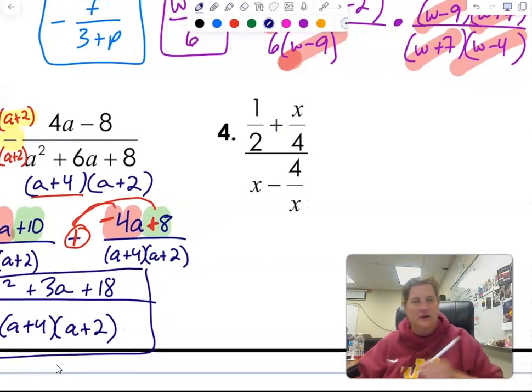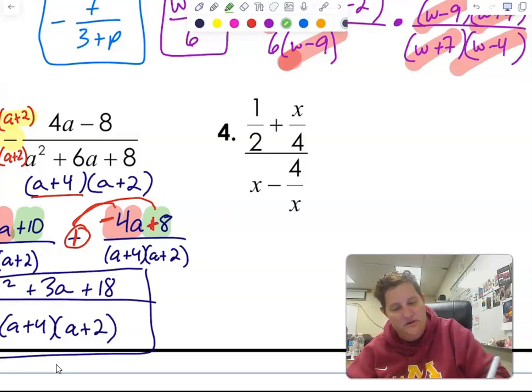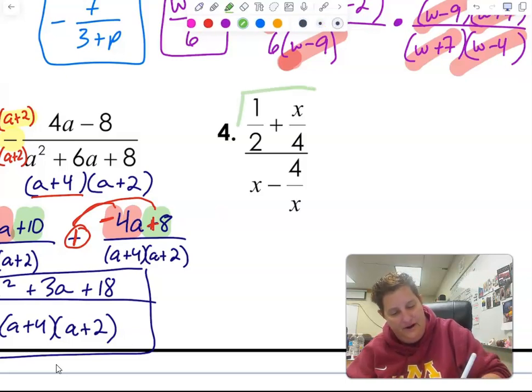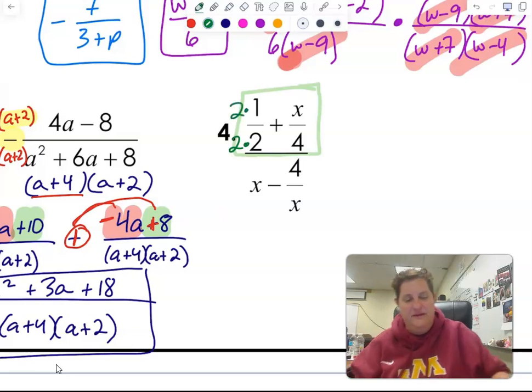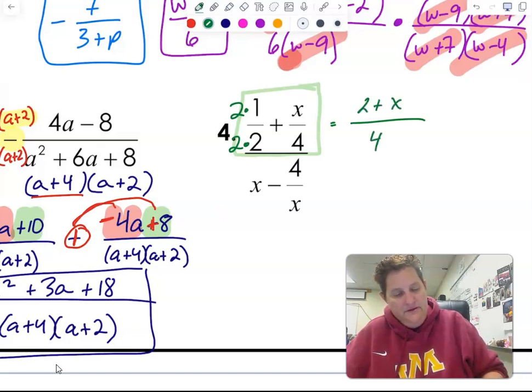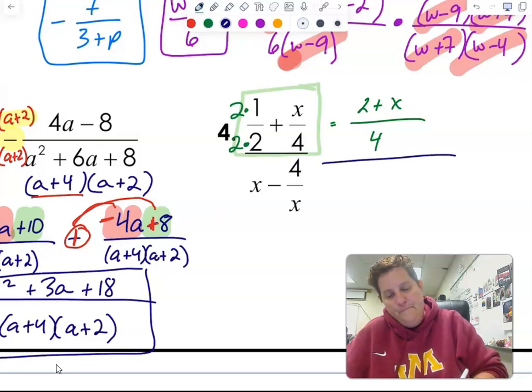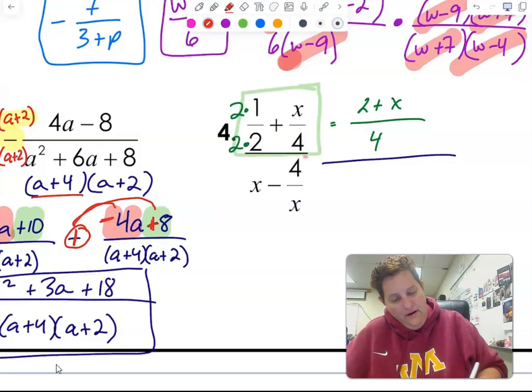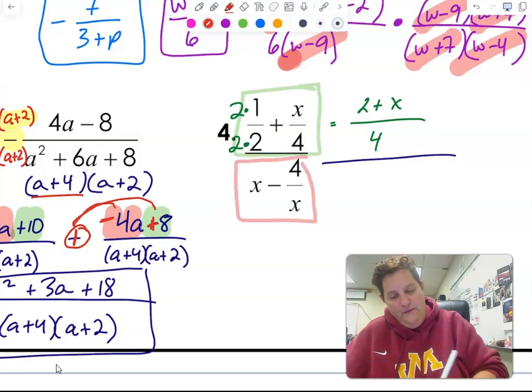Alright, so let's talk about how complex fractions work. So first, you take the top fraction, you get a common denominator. Now, 2 and 4, 4 would be the common denominator. So to get them to match, I have to multiply the first part by 2. My denominator is 4, and then I get 2 plus x. Okay? Alright, now on this bottom one,